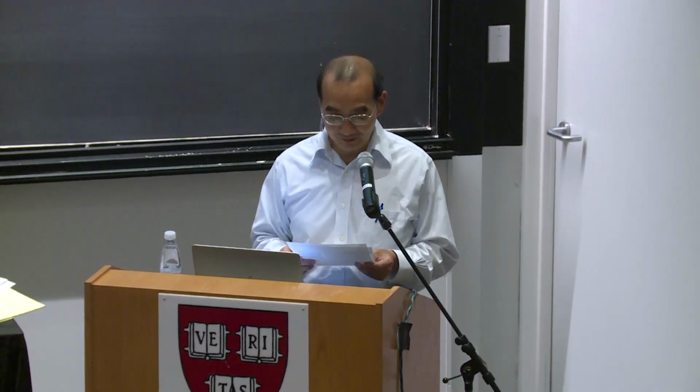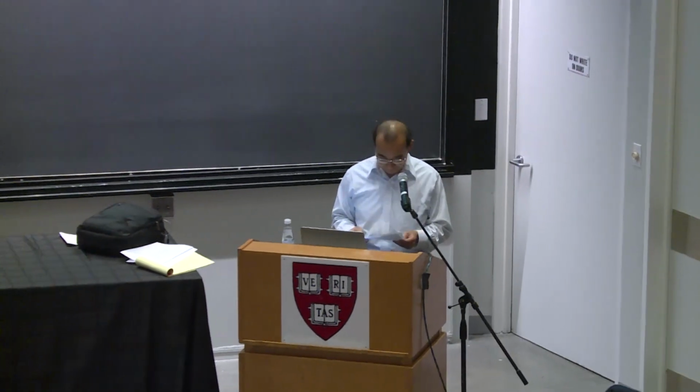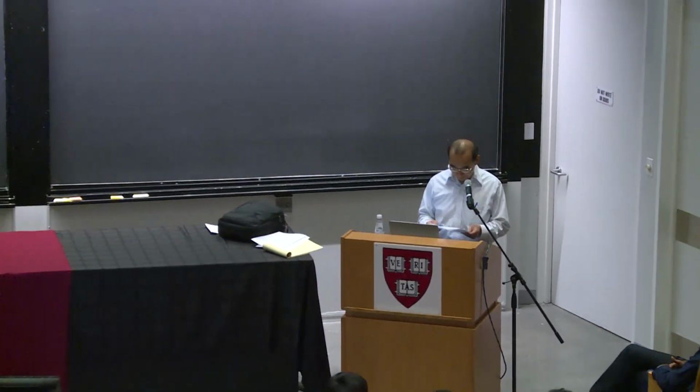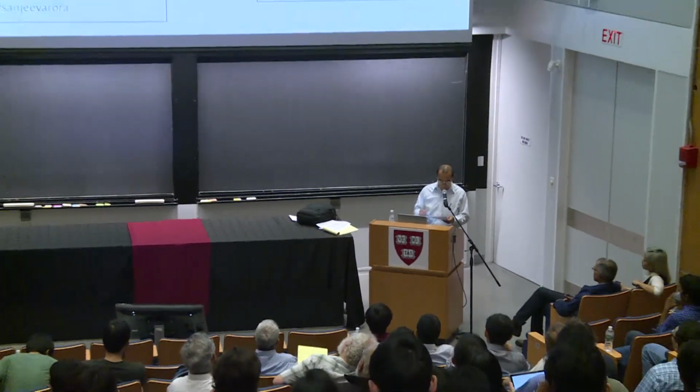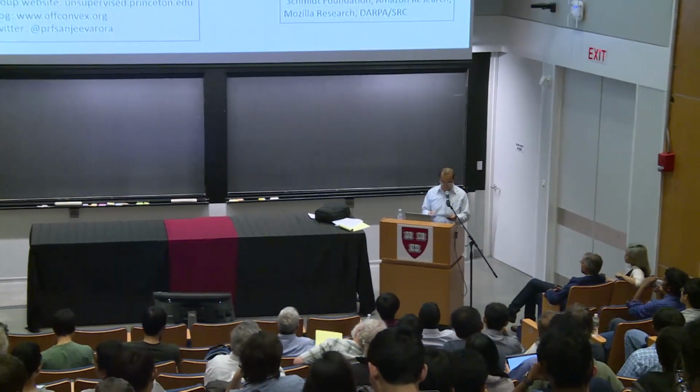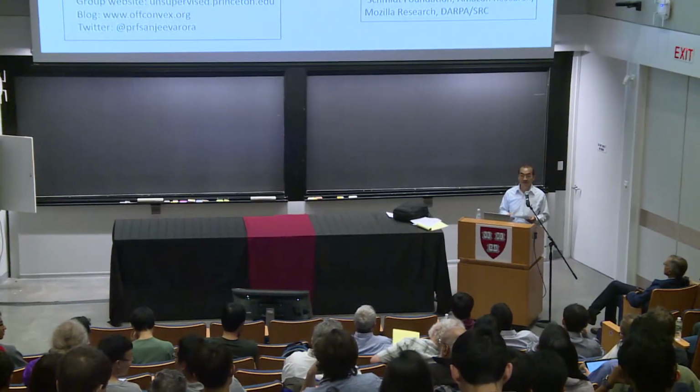He received a Packard Fellowship in 1997 and the Simons Investigator Award in 2012. He also received the Gödel Prize twice. And he also received the ACM Prize in Computing and the Fulkerson Prize in discrete mathematics. And he's a member of the National Academy. His work is most famous for computational complexity and probabilistic checkable proofs, including these famous